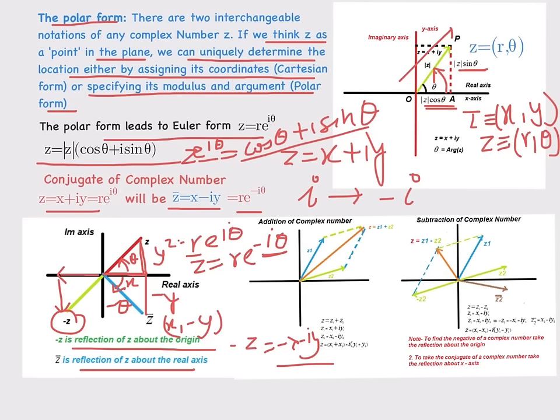Here you can see the addition of complex numbers. You can simply add two complex numbers by adding their components separately, or you can use vector addition by the parallelogram law or